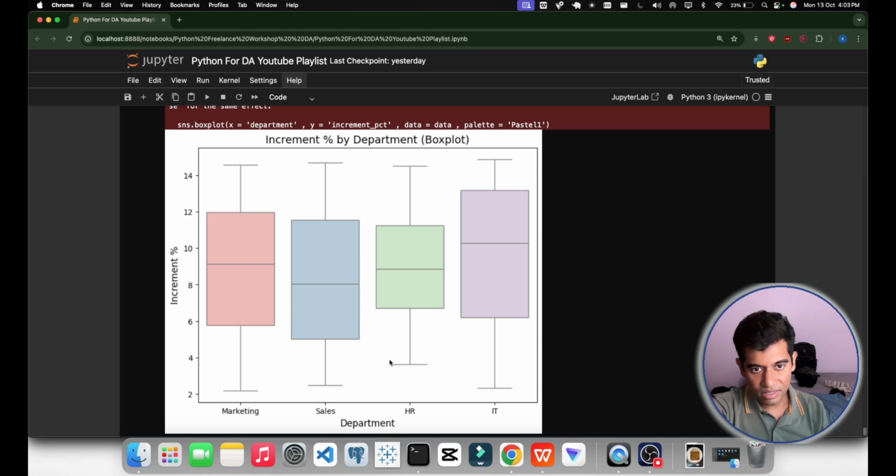These are the whiskers. And points beyond are outliers. So use sns.boxplot for group comparison, for example, increments by departments. And we can also quickly identify medians and variability.